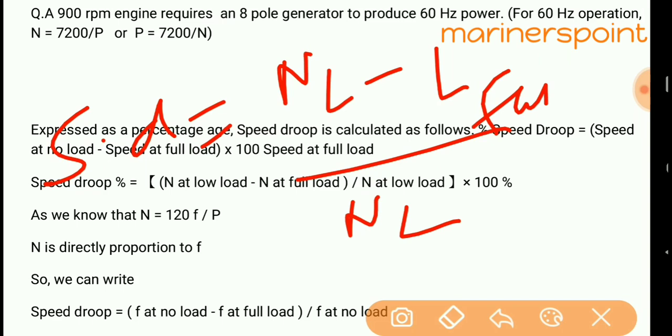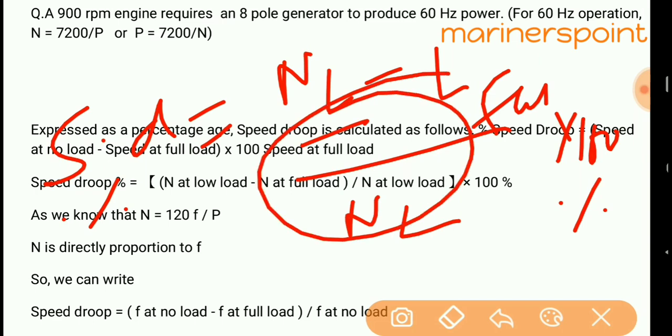If it asks for speed droop percentage, then multiply by 100, that is equal to percent. In the exam, if you forget whether it is no load minus full load,